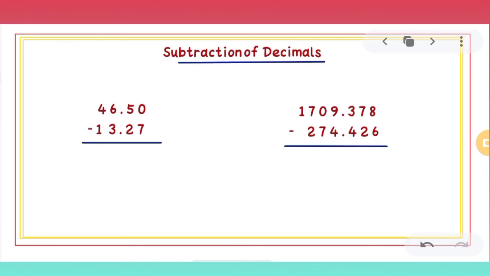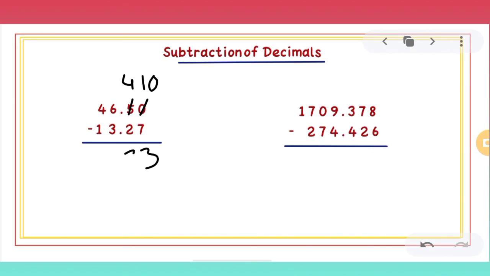Similarly, we will learn how to do the subtraction of decimals. Same, there is no difference. Just like we do the simple subtraction, the same is for the decimal also. See, in this case, we will do the first subtraction. Here it is 0. 0 minus 7 is not possible, so we will take carry from 5. So same like this we will do here also. 5 will become your 4 and 0 will become your 10. And 10 minus 7 will be 3.